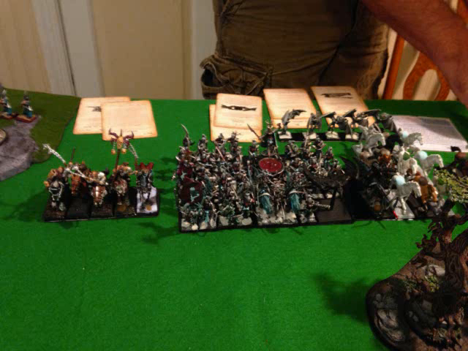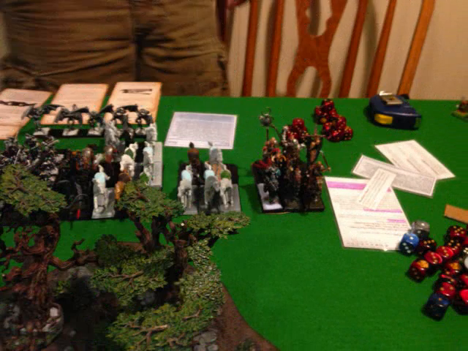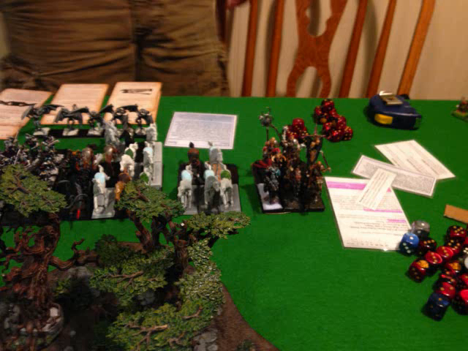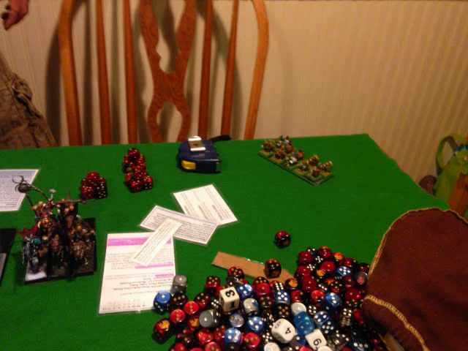Next to that is a unit of 10 Doomfire Warlocks, and there's a group of Harpies in the back. And then to finish off his flanks, a unit of 5 Doomfire Warlocks and another group of Dark Riders right there. So to get started with my deployment, I actually took a picture of my scouts first, but you see